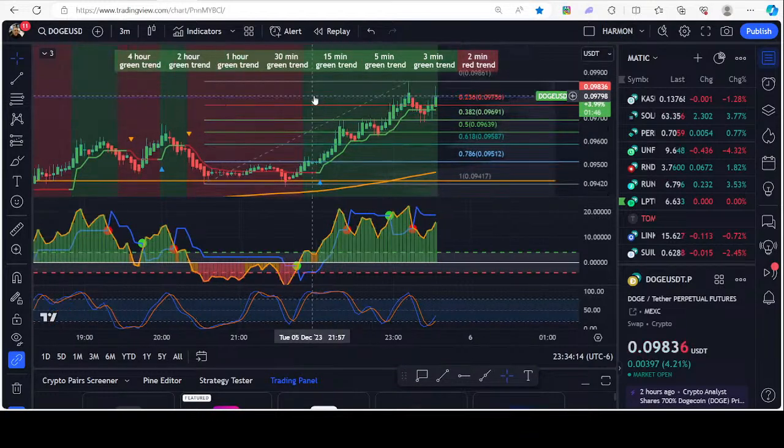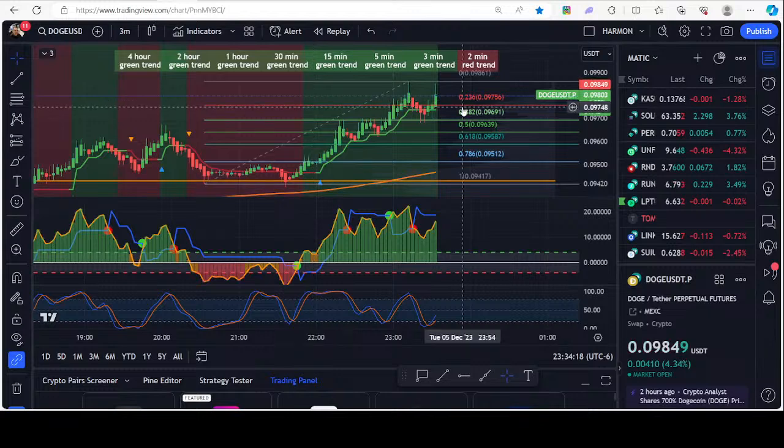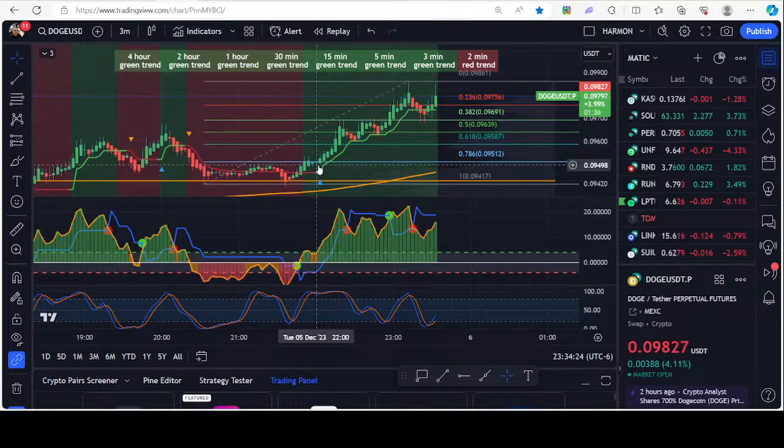So you can see where this would be a trade right now if you're playing the longs on Doge, right? But this trade happened back at 9498, right? We're at 984, right? So this trade is